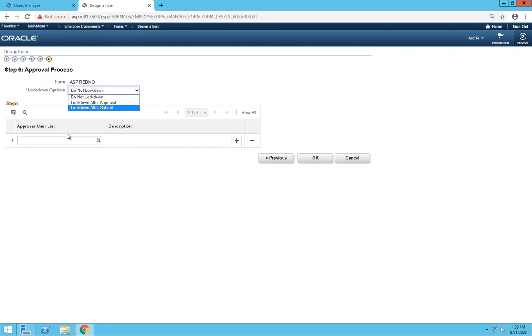The approver user list, if you are going to have approval, I'm going to leave it do not lock down, but I'm going to put approvals in anyway. So I'm going to put in my approval path. So I'm going to put in director, and I'm going to put in,